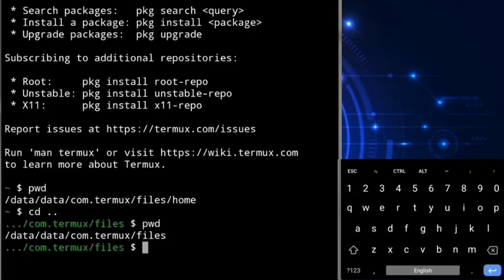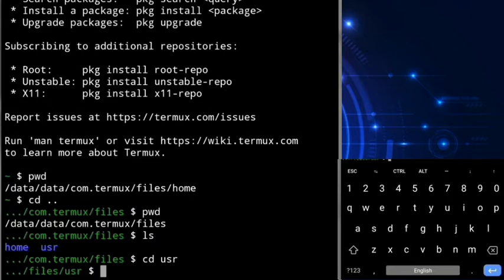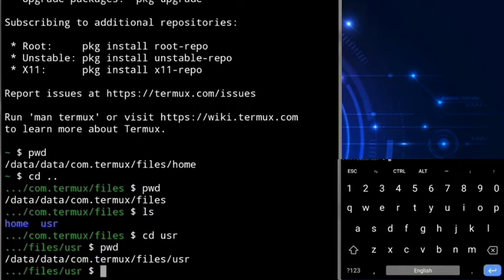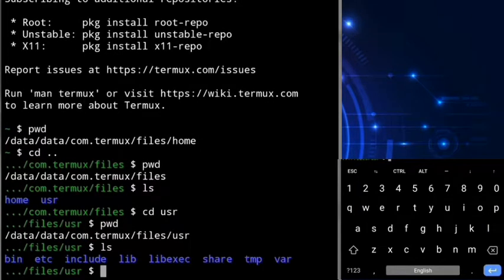To see the files and folders of your current working directory, you can do it by typing ls. Like here it shows two folders, home and user, or you can say directories. Directories and folders are the same and their names are written in blue color as you can see here. Now to change your working directory to a subdirectory of your parent directory, you can do it by typing cd and the directory name. For example, if I want to change my directory to the user directory, here I need to type cd user. Cd means change directory and then the directory name. Now my current working directory is the user directory. You can confirm it with the pwd command. By typing ls again here, you can view files and folders of the user directory.